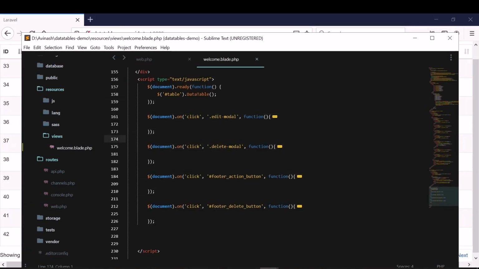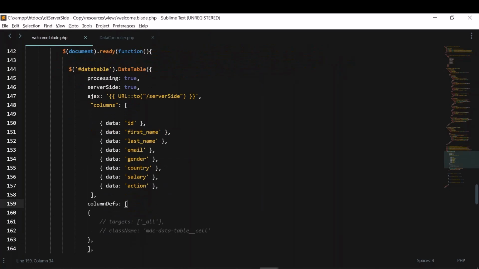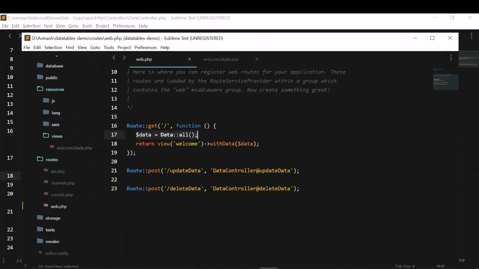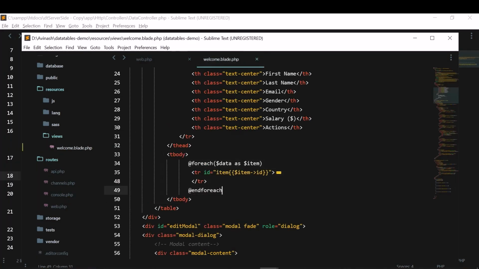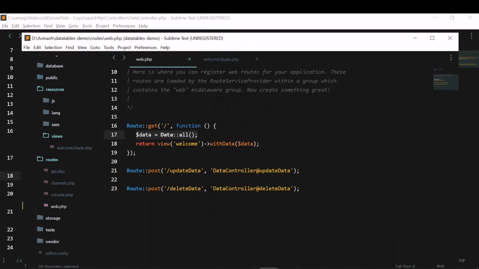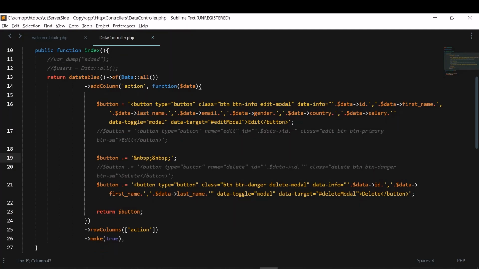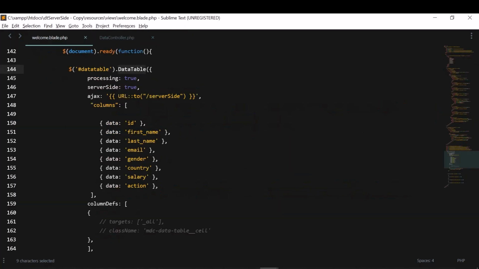As you can see, this is the client side. We have only done this table.data table, whereas in server side we have done this. That is the difference between client side and server side. So these are the main changes, just the index function calling and the display of this table data. So in the client side, we'll display it as usual, we'll loop it and we'll call this simple data all, but in server side we will call this too, but with some extra additions. Like if you want to get any extra data to the actions button, we'll do this, and in the blade we'll just initialize the table with particular data like this.